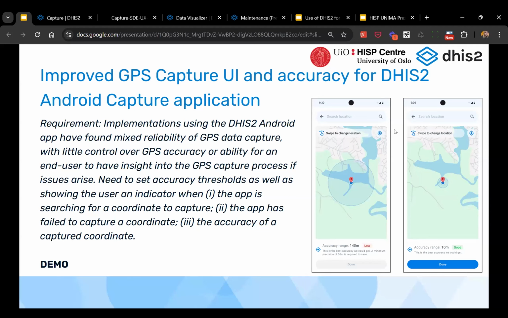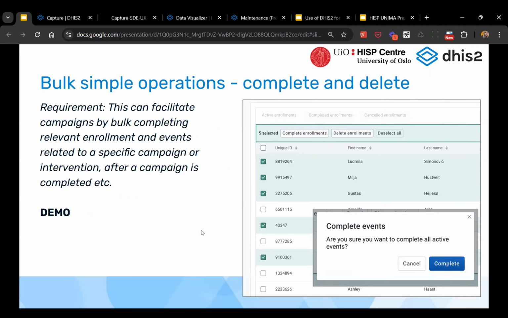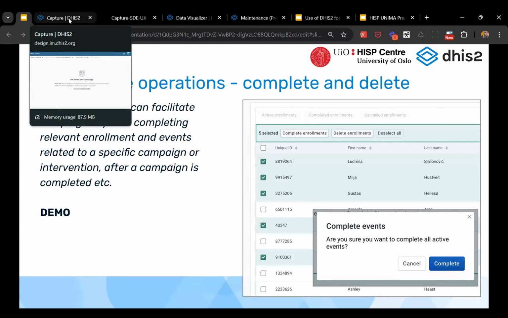So I will go through a few other functionalities that have been added to the platform recently. Again, we're still on things for collecting the data. One of the things we want to show is that in the Capture web app, we've added some simple bulk operations, specifically around completing and deleting. The requirement here was that it could facilitate campaigns, so you could bulk complete relevant events or enrollments related to a specific campaign or intervention after a campaign is